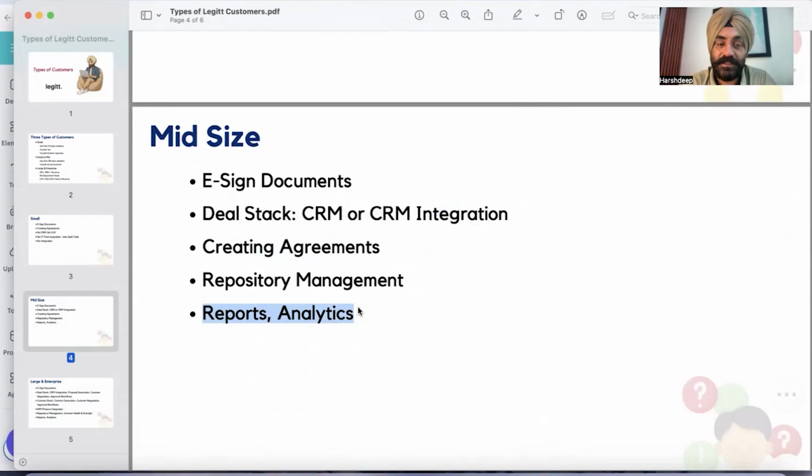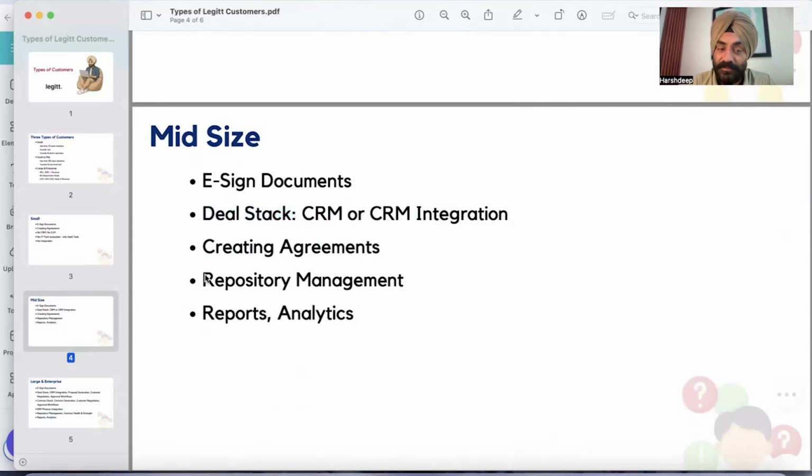So what Legitt does is it not only helps you in creating the agreements, signing those agreements, or even managing the deal stack, right from, say, creating your proposals, sending it out to the customer, keeping a record of those proposals, then against those proposals, creating agreements, signing them.